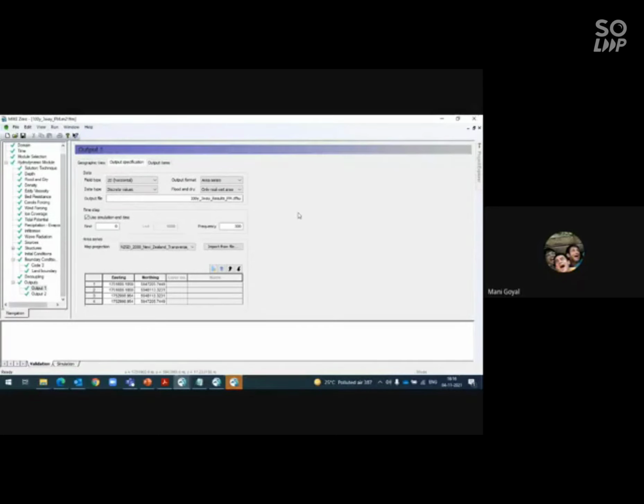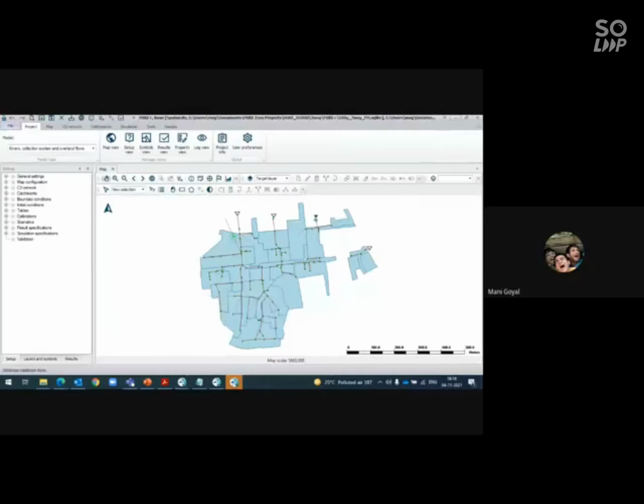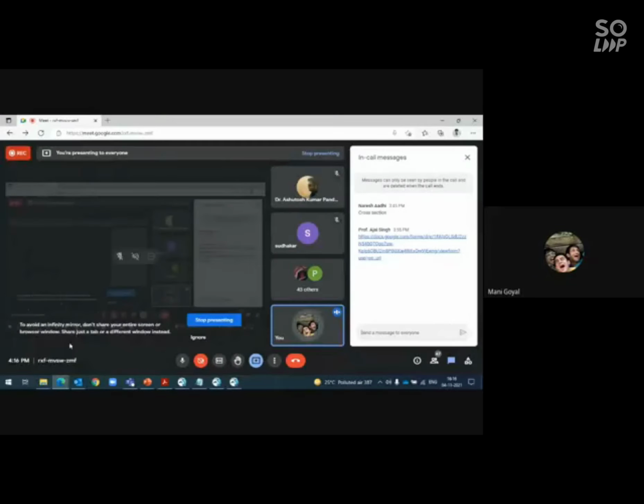In that, you don't have to create a separate model like we did in this, get to Mike Flood, link and define all those things, and then run the model. Now there's a single platform under which you can develop all those models.